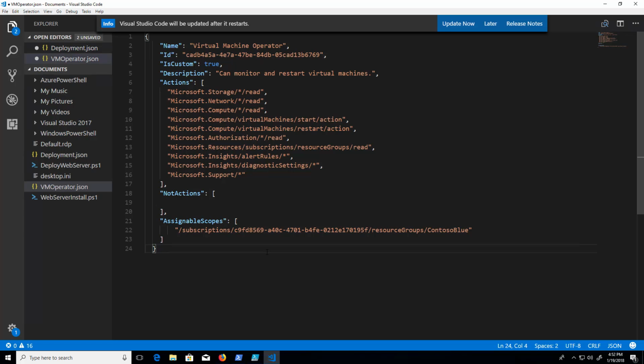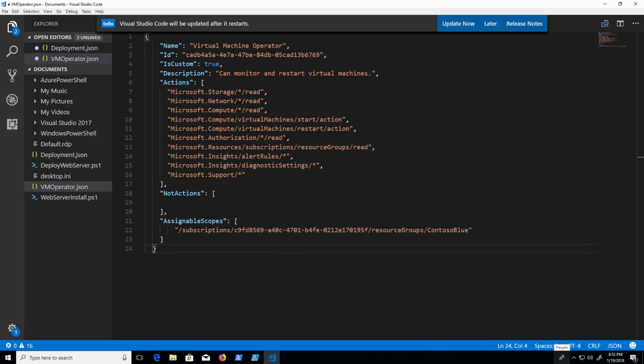And you can look at existing roles. There's also good documentation on this to figure out what are the scope of actions that you need to include in a custom role. Once you've defined your custom role, it's a pretty simple process to configure it, or rather install it within